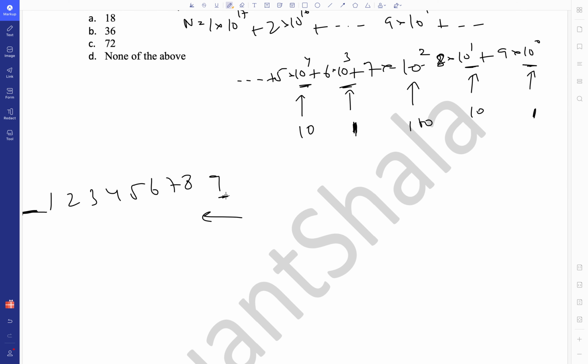So this 9 will be multiplied by 1. This 6 will also be multiplied by 1. Then this 3 will also be multiplied by 1. So you get 9 plus 6 plus 3, and you have again this 9 here because it's written twice. So 9 plus 6 plus 3 multiplied by 1.